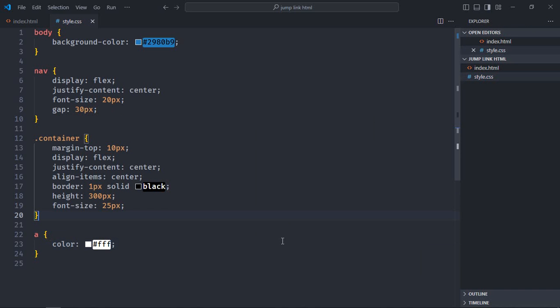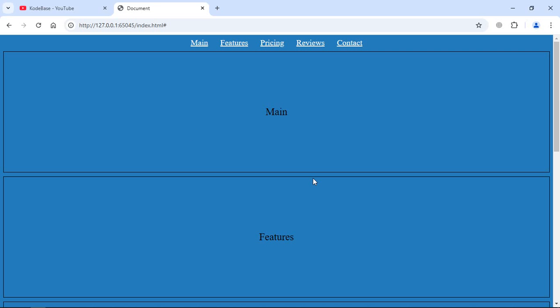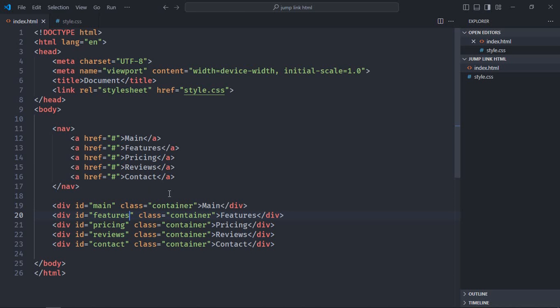Save it. Let's open this file in the browser to see the output. Now when you click on these links, nothing will happen. So let's go to the HTML file first. To jump to a certain section, we need to provide an ID here next to the hash. For example, to go to the main section, we need to type hash main here, which is the ID of this section. Same goes for features,